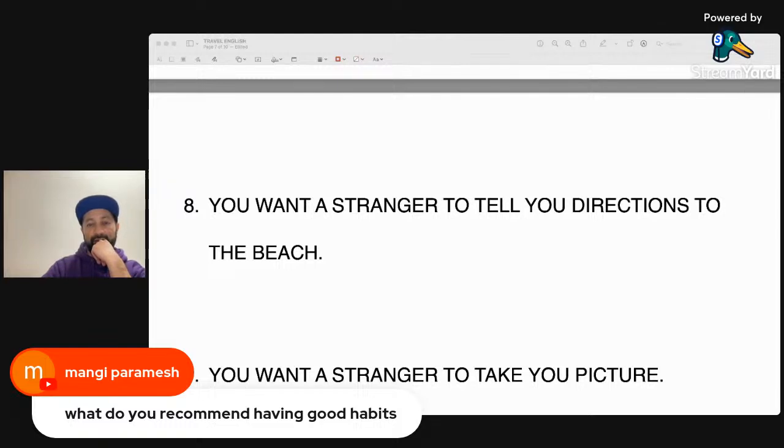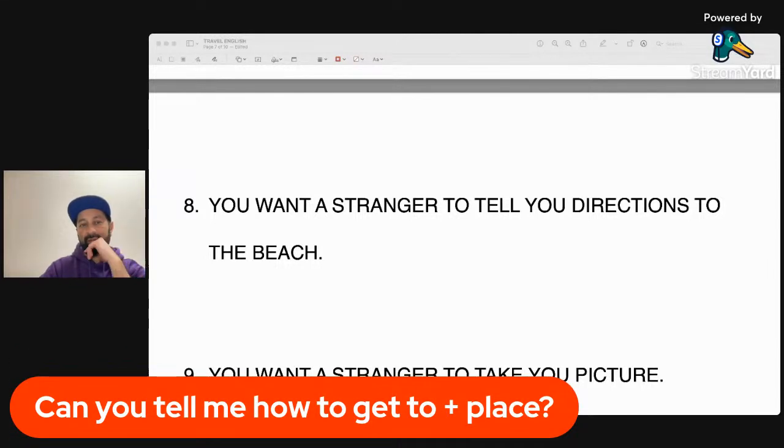Okay, so for number 8, if you're talking about directions, we're going to be using this. Can you tell me how to get to, and then the place? So in this situation, you want to go to the beach. The beach is the place.